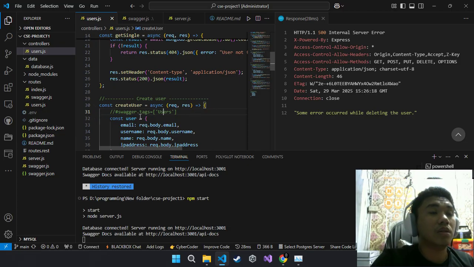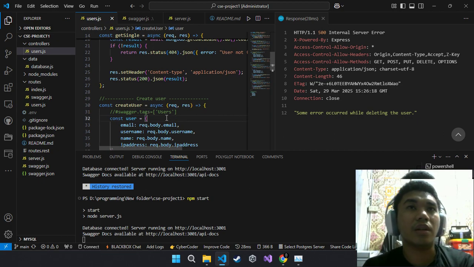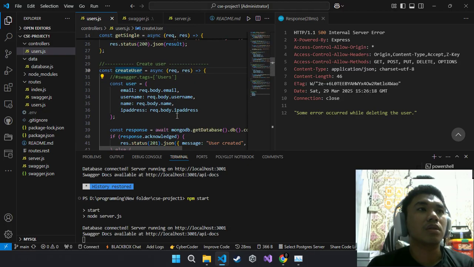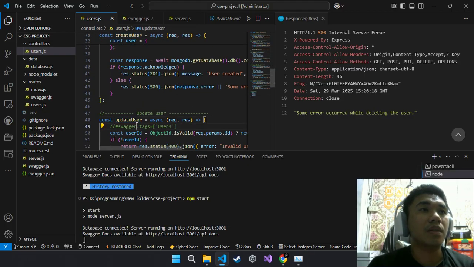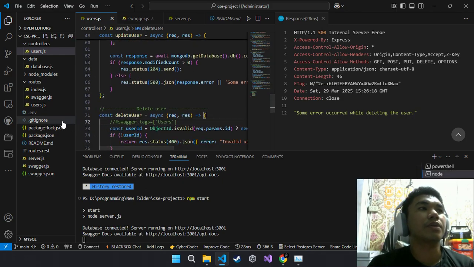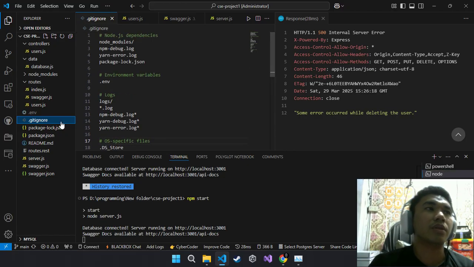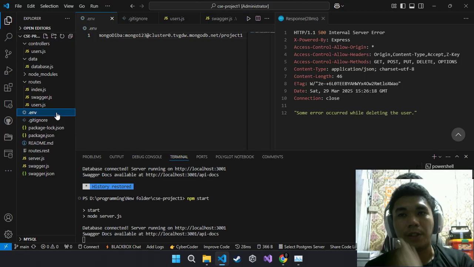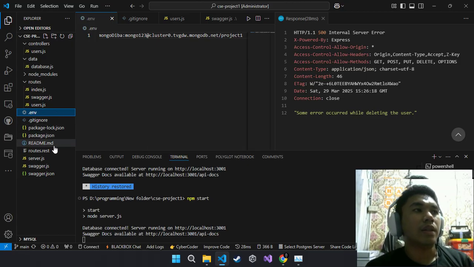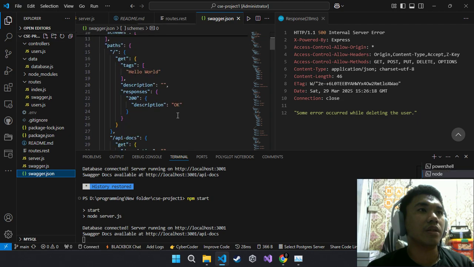So this is important to show the Swagger, to identify the create user, the update users, and delete users. I already have a module here for gitignore for the env, so it doesn't show in the GitHub. And after that, you will see here the host, localhost 3001, swagger.json file.